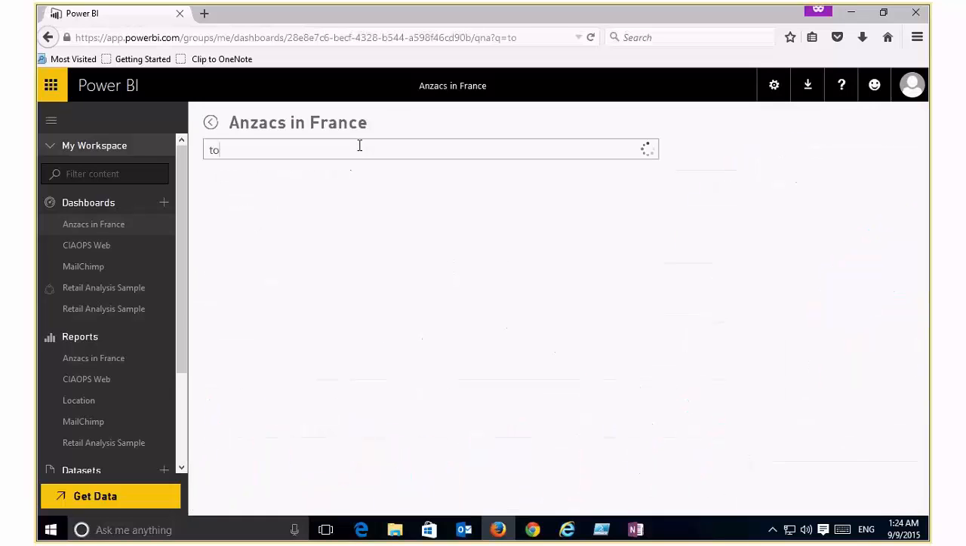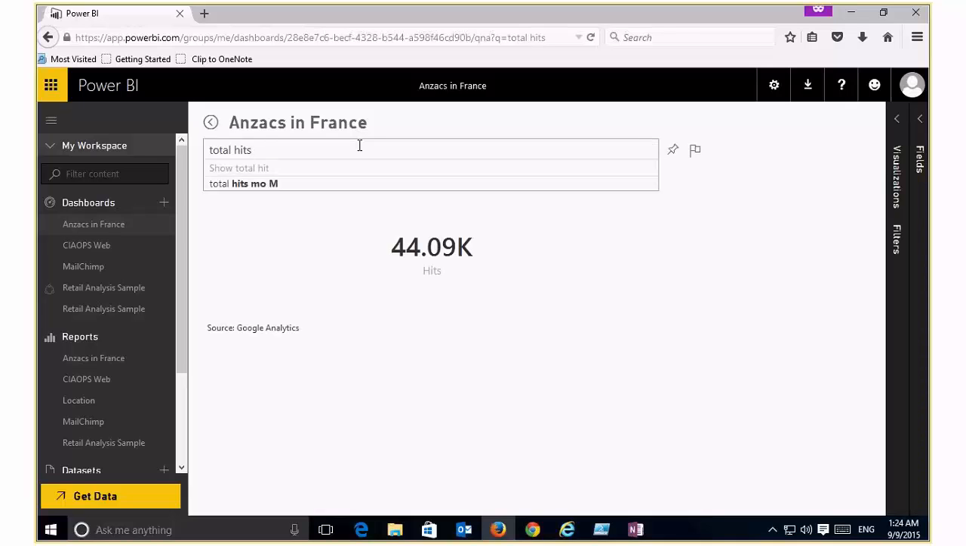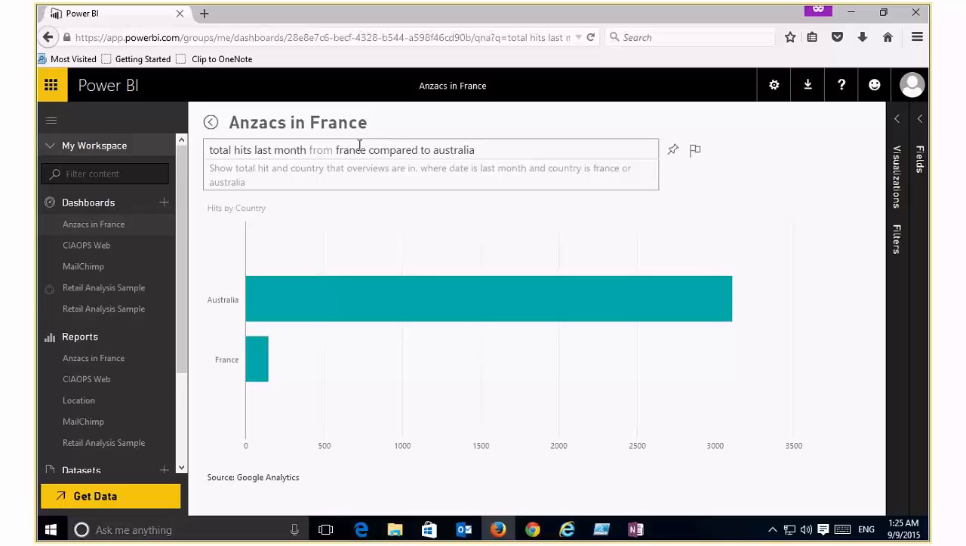If I go in here and type in my dashboard, this is my website. I'm going to type in here total hits. What it's doing now is querying that Google Analytics data from my website live. But I can keep going. I can type websites last month. Then I can do from France compared to Australia. You can see that as I type in that data, the Power BI engine behind the scenes makes the interpretation for me and pulls that information in